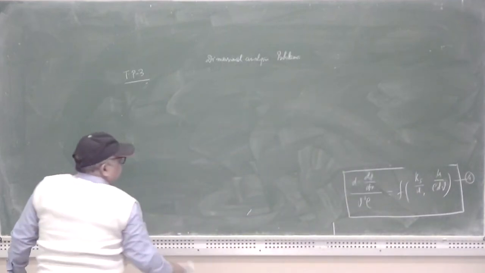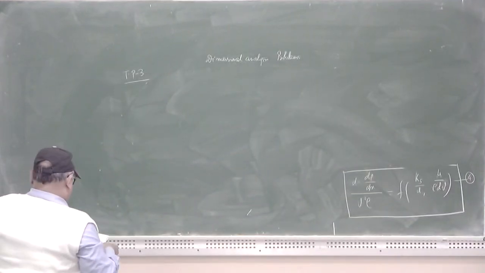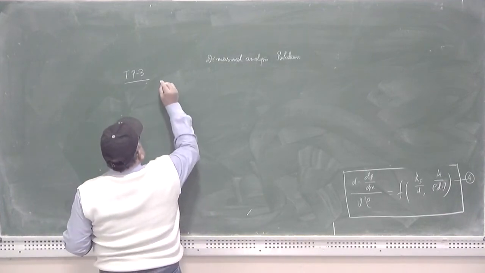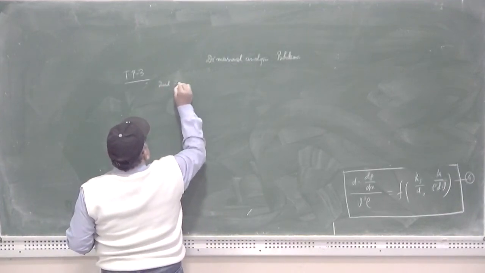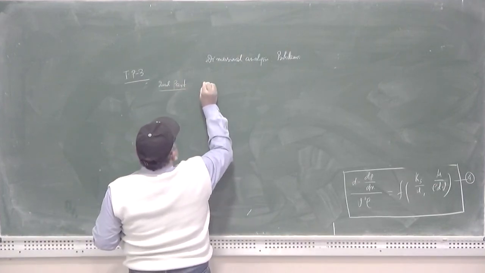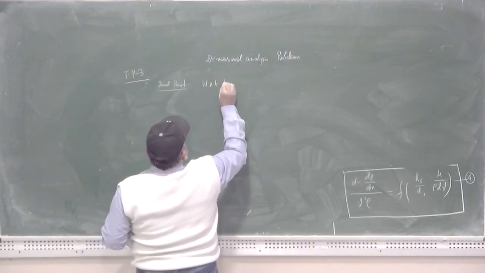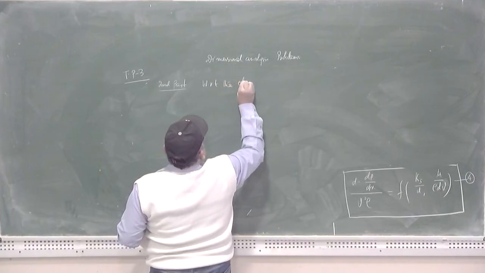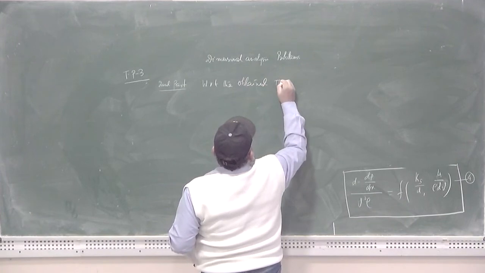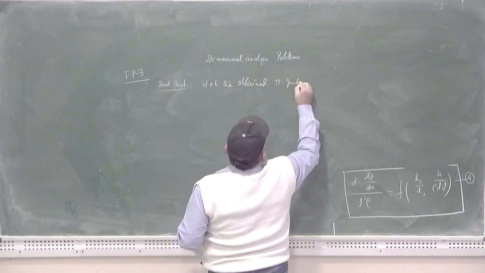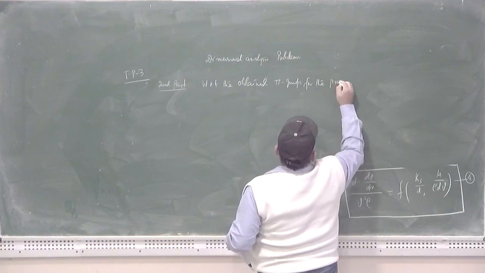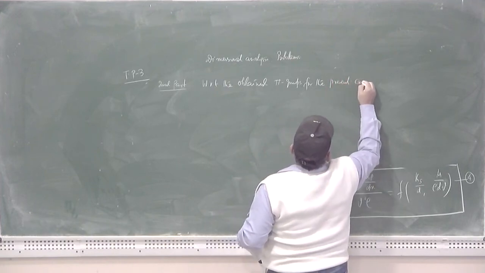So, the second part of the problem, here you have to write something. With respect to the obtained pi groups for the present case,